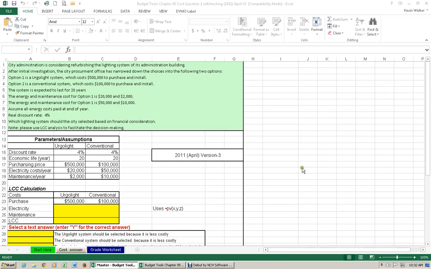Okay, for week 6, it's chapter 5, question 1 spreadsheet that appears to be puzzling everybody. I'm going to run through this so that you can understand what's going on. First, let's look at cell E24. An important point of this is that we're going to be looking at what we call, if we were